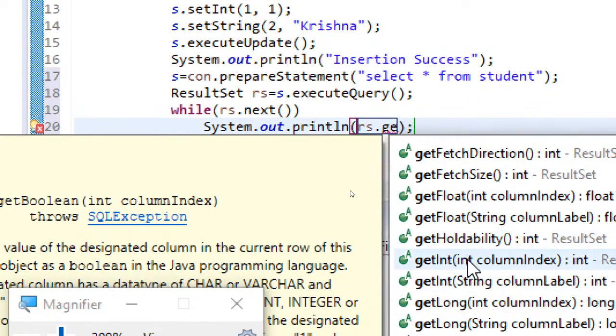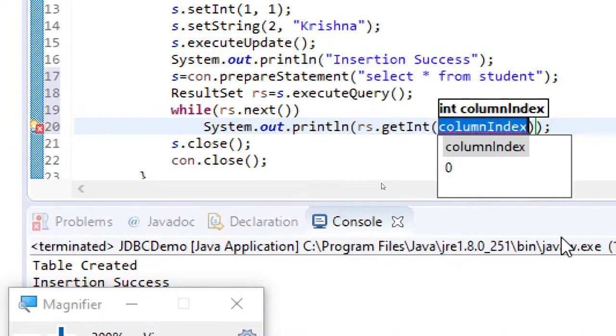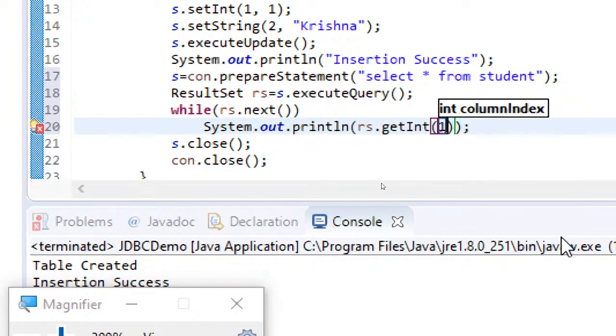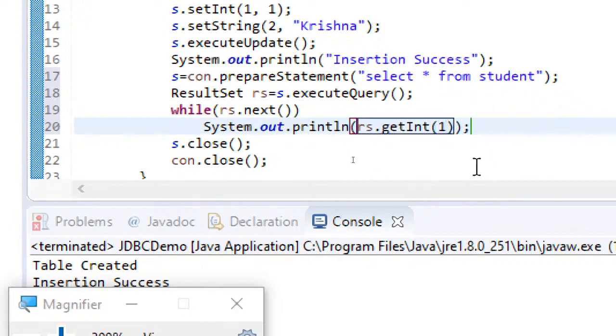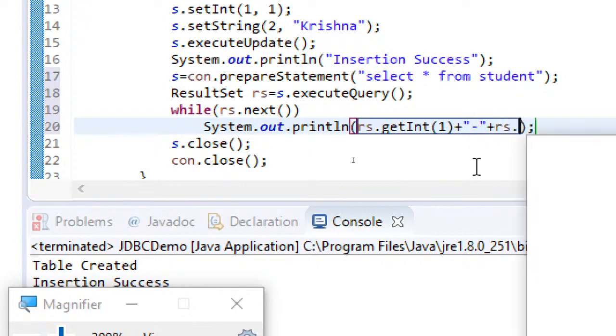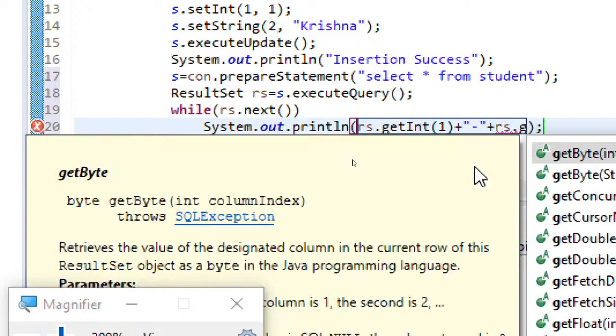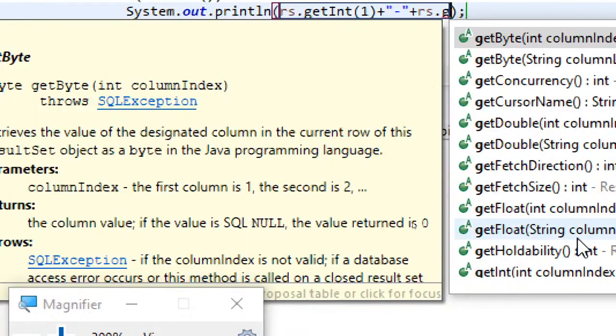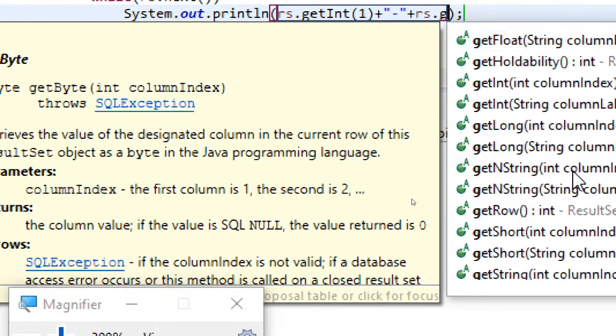You can see getInt of column index, that is my first column is integer, that is id, so I am using the getInt method, and then plus, let's use a separator hyphen, any separator you can use, plus second column also I want to display, so rs dot, I know that it is of string type, so I'll search for the method getString.